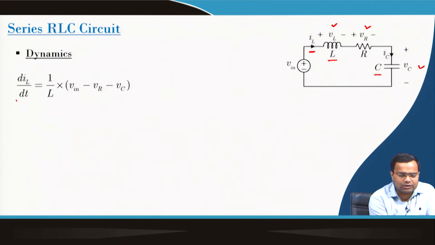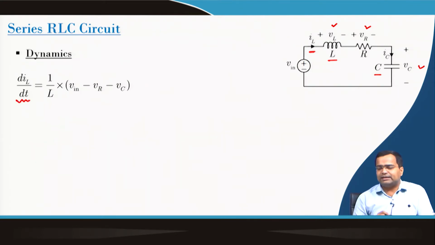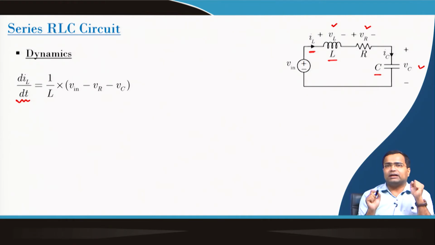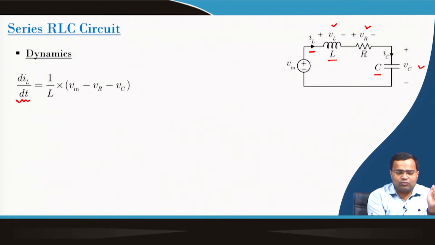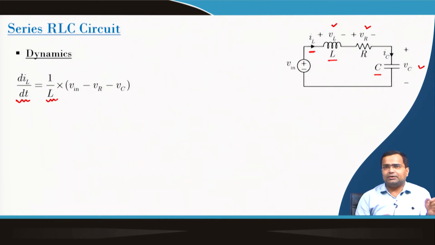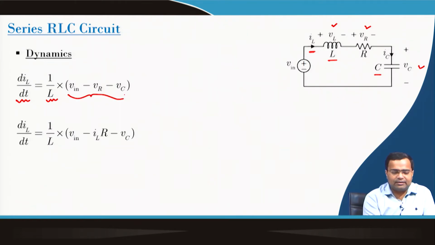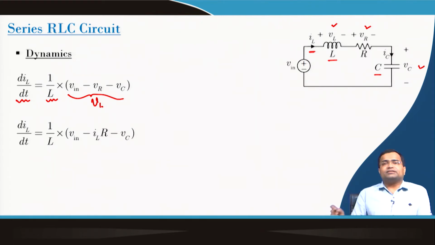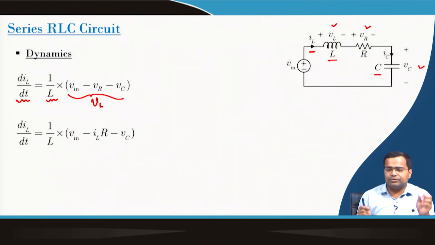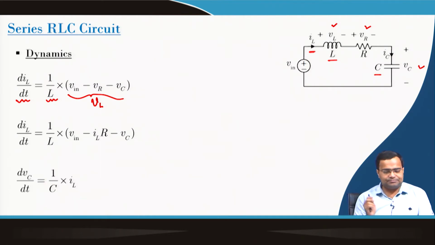So, the first part we are talking about inductance, the dynamics of the inductor current, or basically the current going through inductance. In this case, it is the series current. So, dIL/dt is 1/L multiplied by VL, this part is our inductance voltage. What is VL? It is nothing but the input voltage V minus the drop across the resistance minus the capacitor voltage.